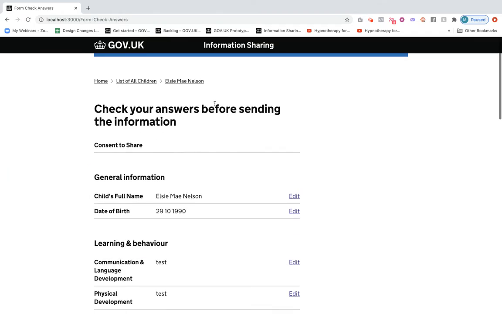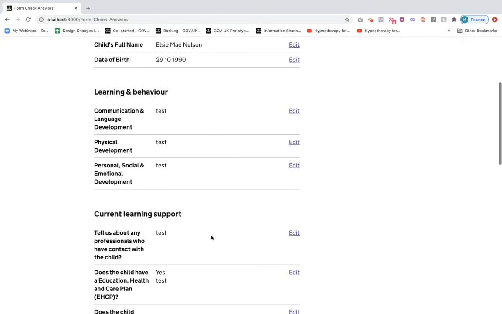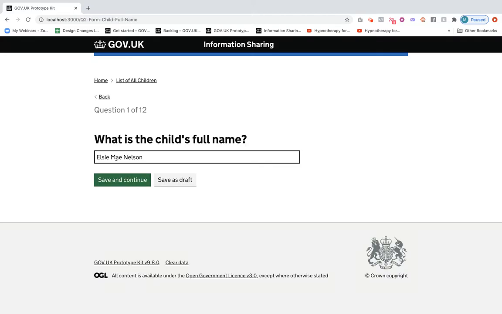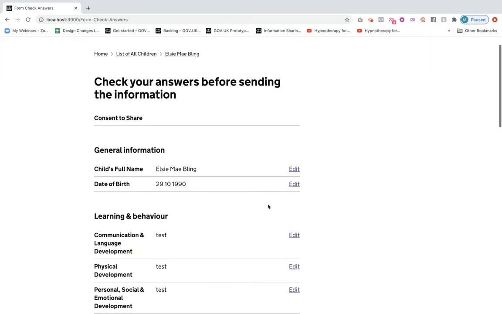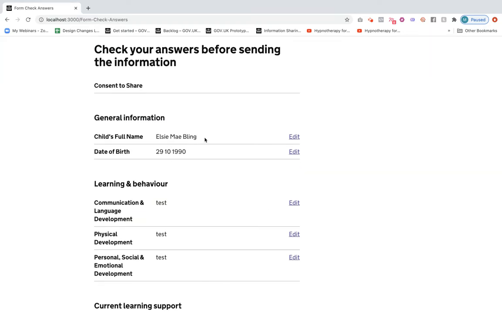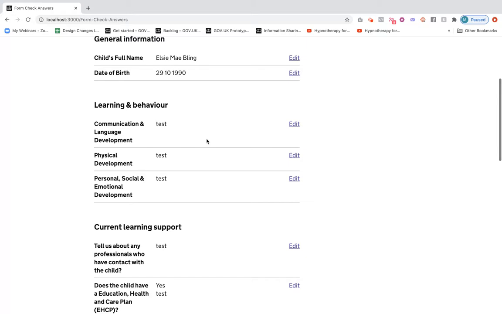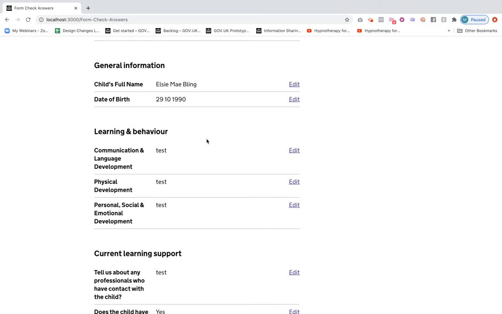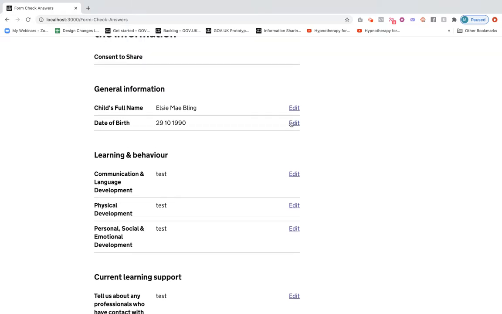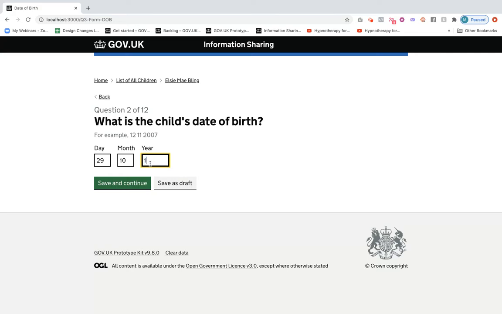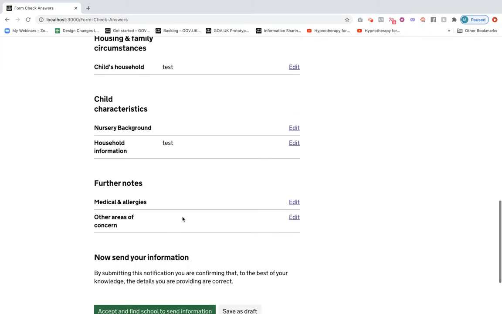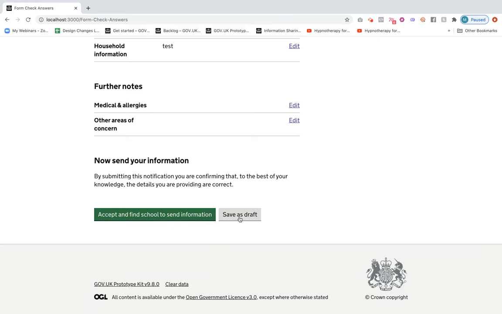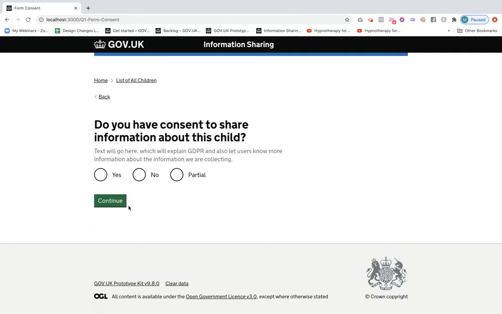And what would happen is then they could check their answers before they send. They can even click edit. They can go back and they can continue. And what it would do then is it would send them straight back to this page. So rather than having to click through the answers again, to create the best experience, they just edit. And then they can go back and see their changes straight away. So they can check it, they can save it as a draft, or they can accept and send that information